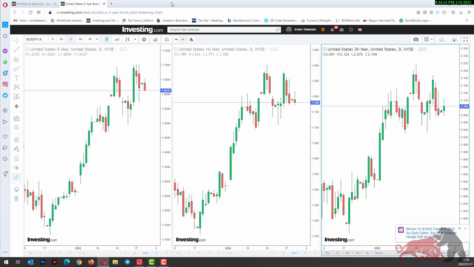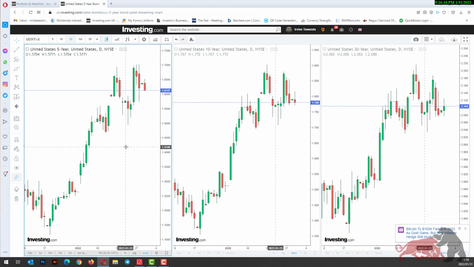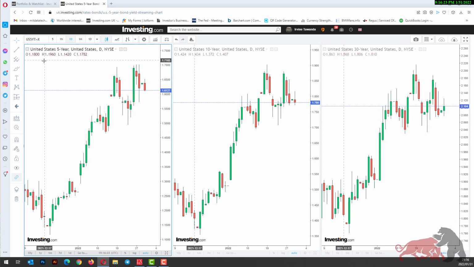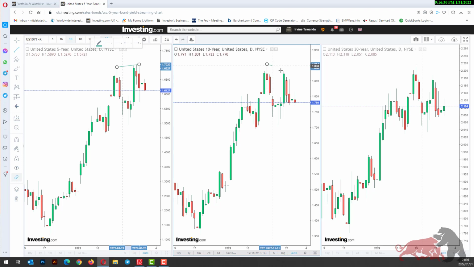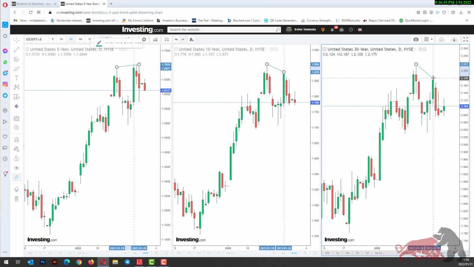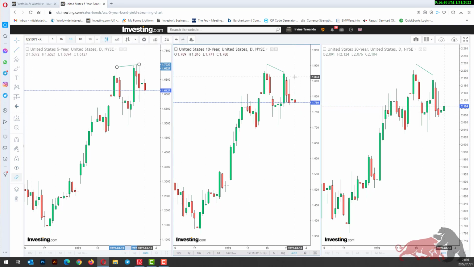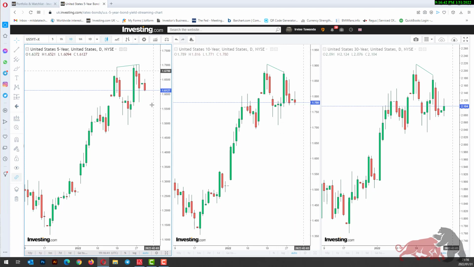So you can see we've got the 30-year daily, the 10-year daily, and the 5-year bond yields daily. Now, the weakness that we are seeing right now in dollar index, just to summarize from last night's video, is because of this divergence here that we saw in the long-term interest rates. So that's the weakness that we are seeing, and it's likely to continue